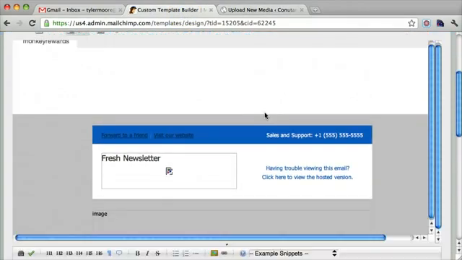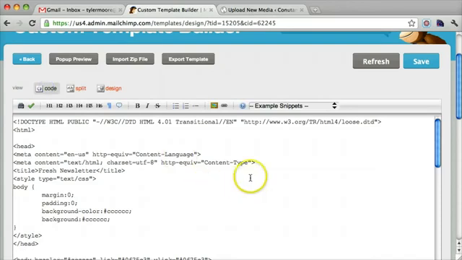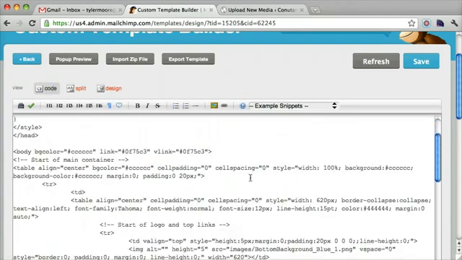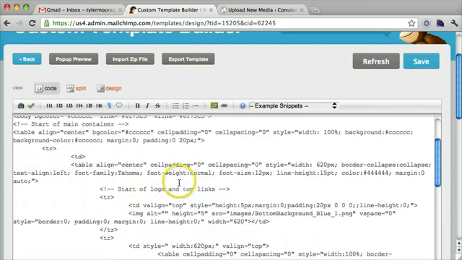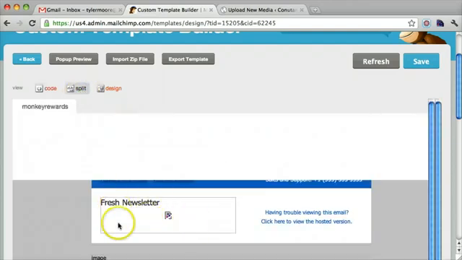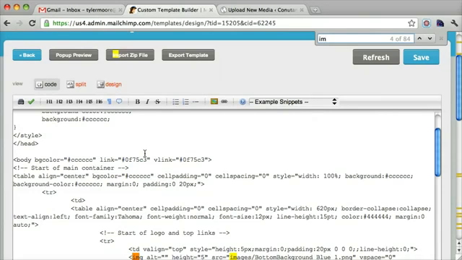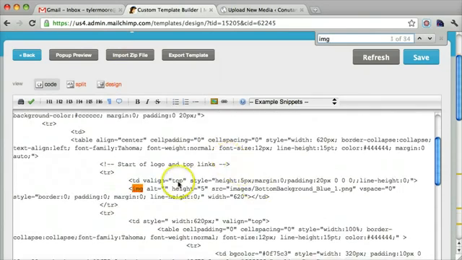And while we're waiting for that, you're going to want to go to the coding area, and this is all the code. So what we need to do is replace the images. So here's an image right here. It's probably like logo or something. But you can search that by going to IMG, and you see that there's an image and it's called